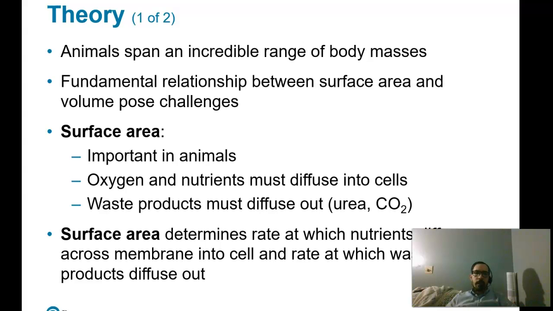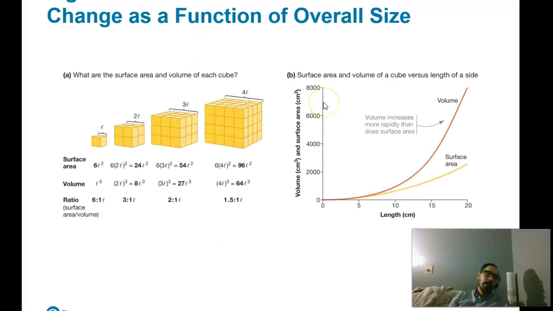That's because the surface area determines the rate at which nutrients diffuse across a membrane into the cell, and the rate at which products diffuse out. This is important because as a cell gets larger, the volume increases at a faster rate than the surface area. You can see on this diagram